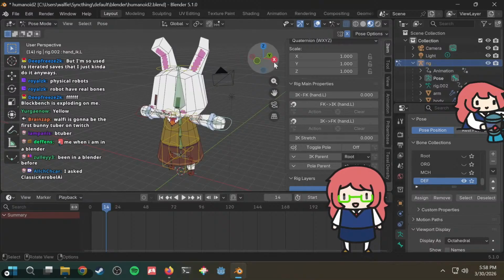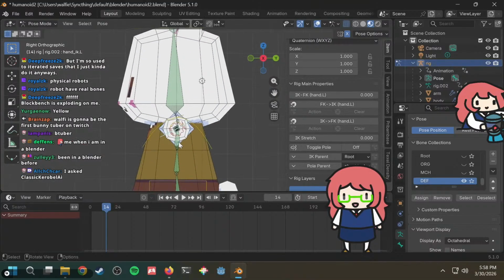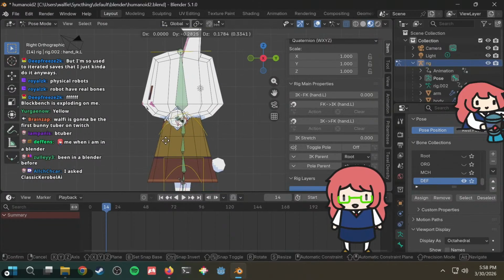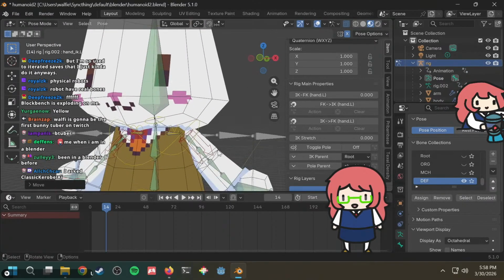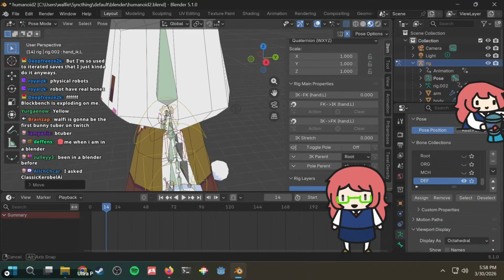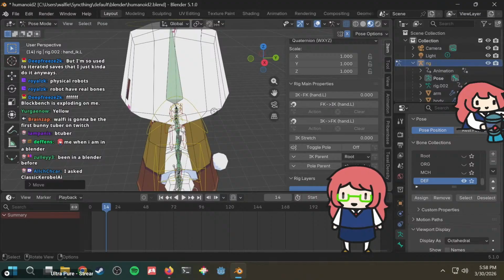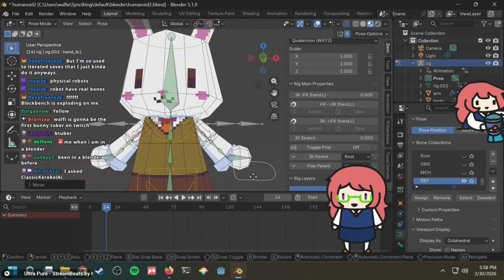Alright, so now let's take a look. Let's see if our arm is rotating in a way that we expect. Alright, so when this arm is straight down. Okay, so now this is not bent as far back. It's slightly bent backwards, but not as much as before. So I think now it's good.